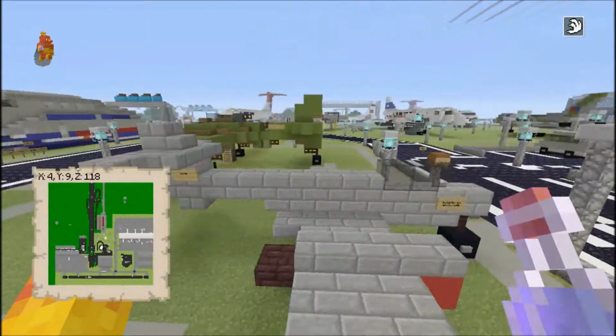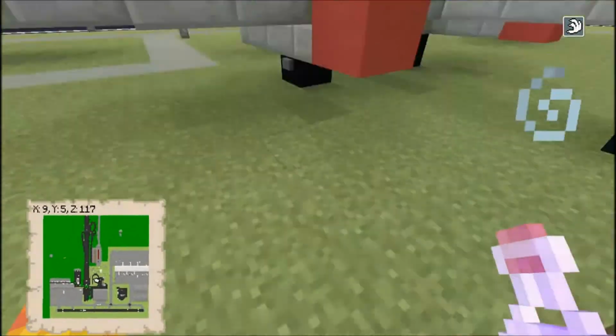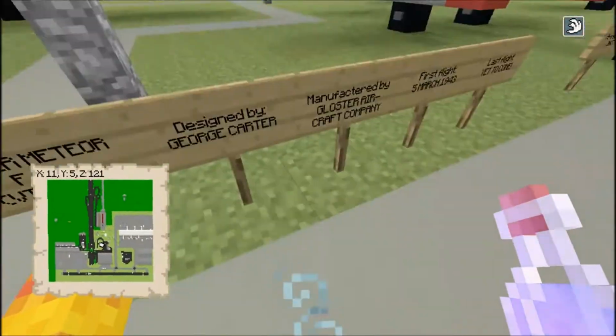Then here, this was a Gloster Meteor. Now it's a Gloster Meteor F4, I do believe. Apparently built in Brockworth in 1948, which I didn't really know myself. I'm saying this arrived in 2007. Apparently this is one of the ones that's still flying, but I decided they just decommissioned it and brought it